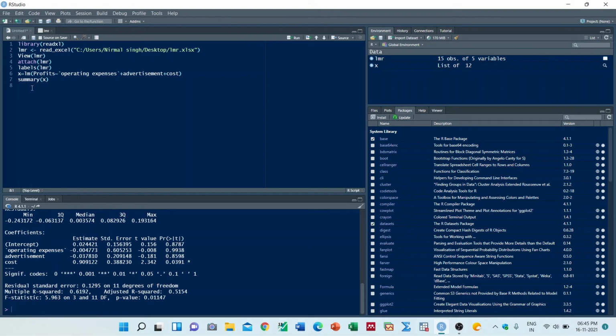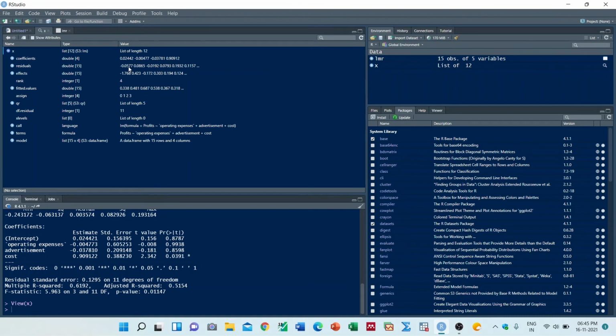Now if you want to get all these in one window, you can use this command, view x, then you can run it. So here you can see the coefficients, residuals, effects, and all other different results saved here. These are the coefficients of the independent variables here. So this is how you run a linear model in